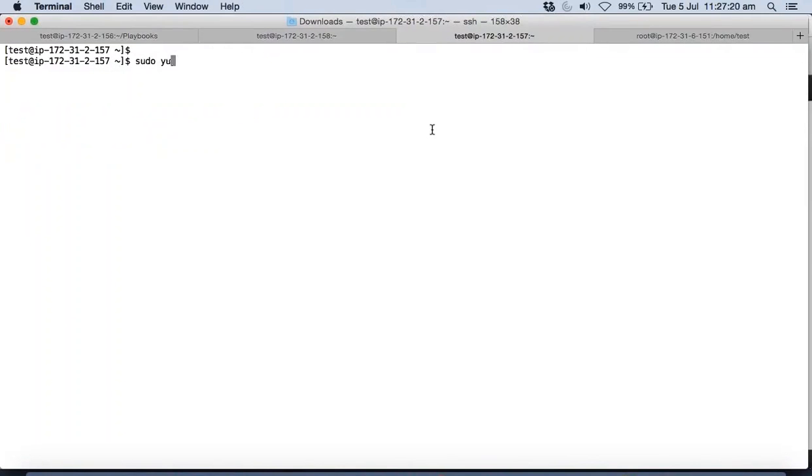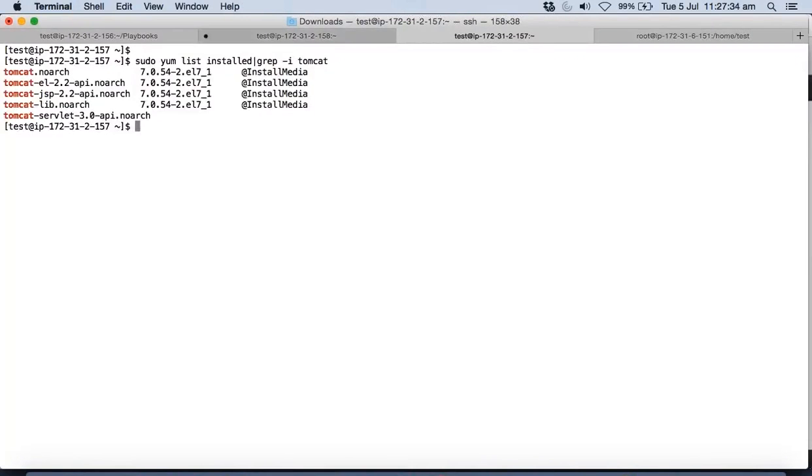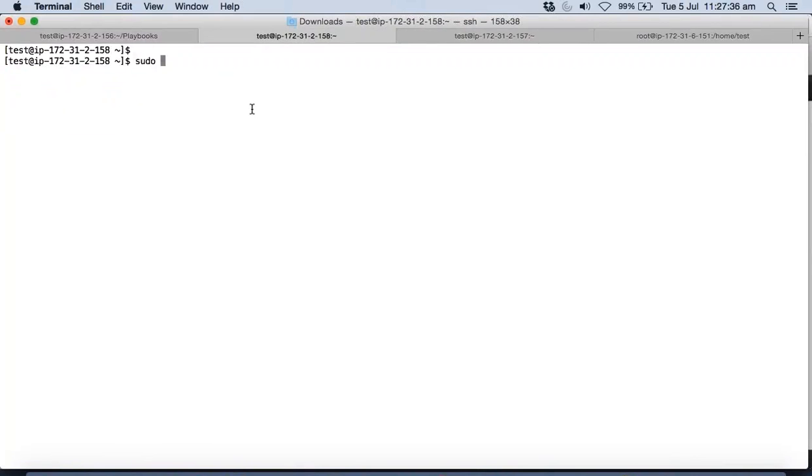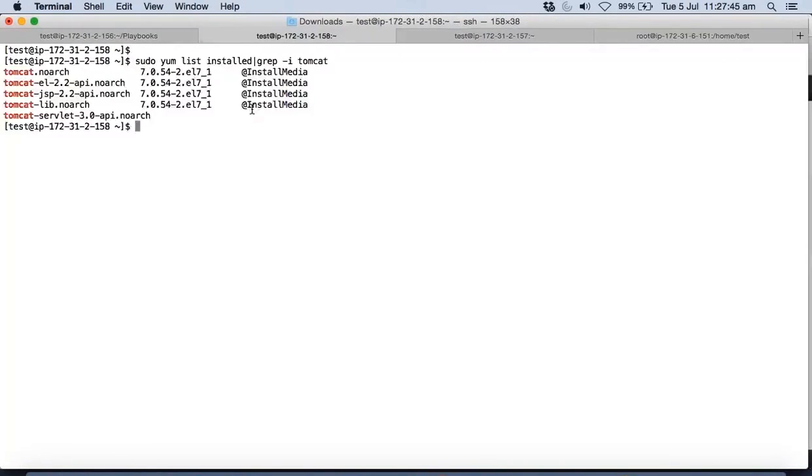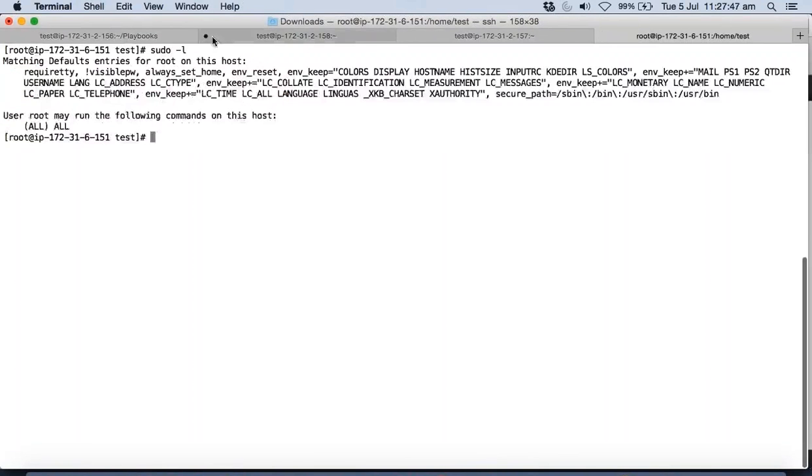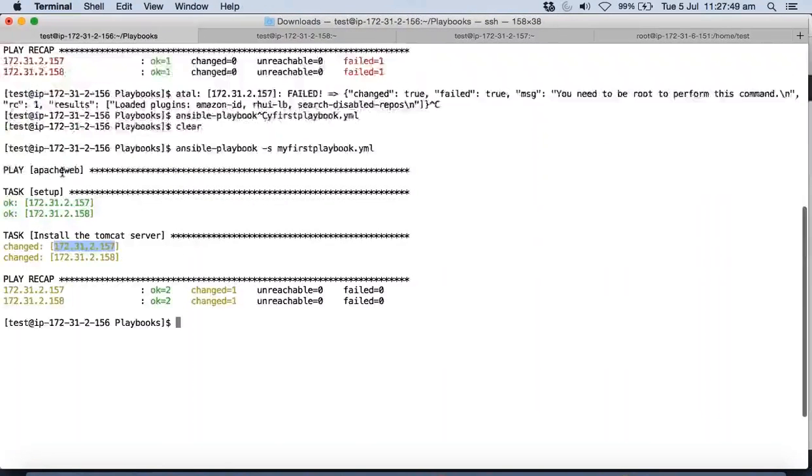sudo yum list installed, grep -i tomcat. Now it is showing that Tomcat is installed. The same thing I can check on 158: sudo yum list installed, grep -i tomcat. I can see Tomcat is installed, but it's not installed on 151 because I have just given the Apache web group. If I just rerun the command,